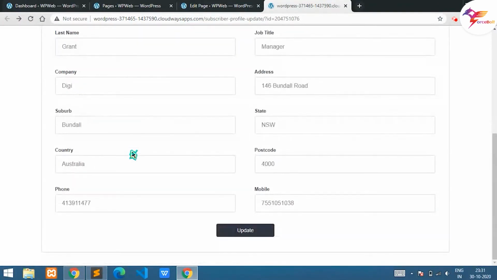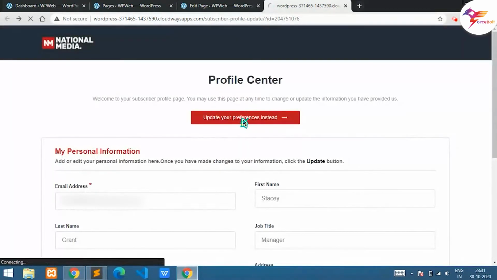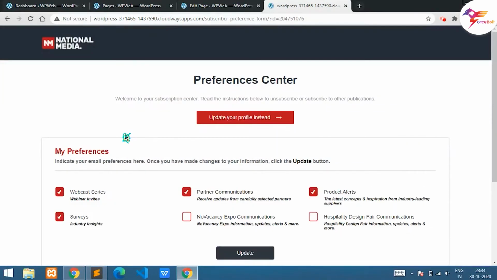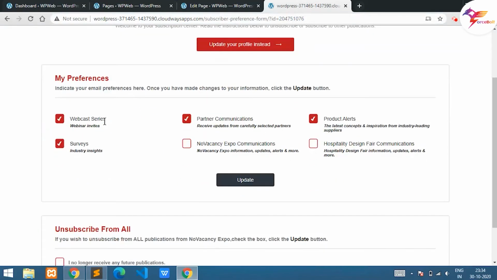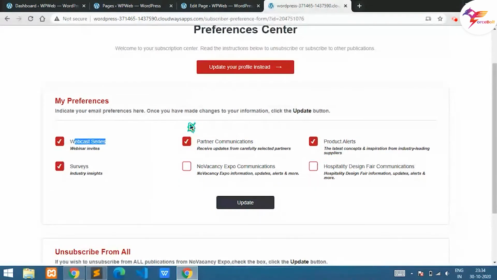Talking about the update process, when the user fills data and clicks on the update button, an API is going to hit and update his or her data in the Salesforce tool. The same process is followed for the second form. Here we also get the data from the subscriber ID and show it accordingly in this field. Whatever field is ticked or unticked by the user, all the processes are the same as in the first form.